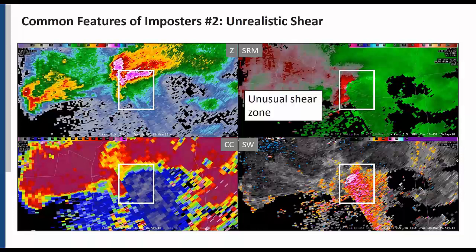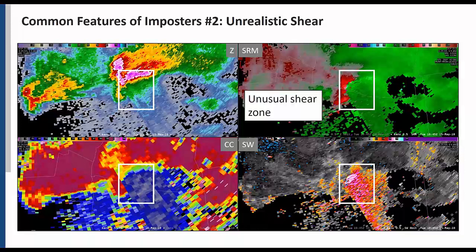And so in this case, the magnitude isn't necessarily that bad, but you can see that artificial boundary between two different radials as we move from north of the radar down to the south. In addition to that, we also have this weird extra strong convergence zone that just happens to match up with where the reflectivity gradient is on the forward flank of the storm. So this one is doubly complicated in that aspect, but it is fairly common to see those